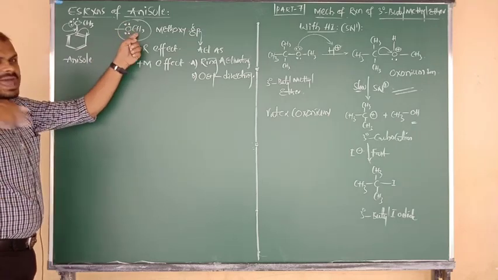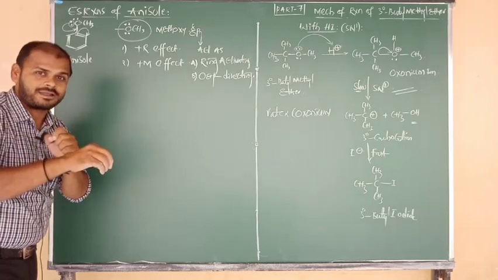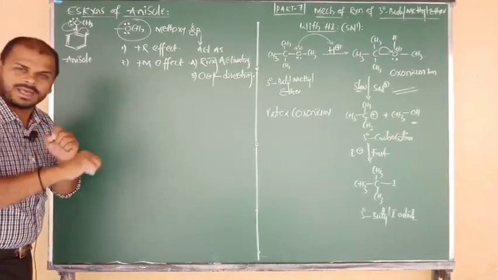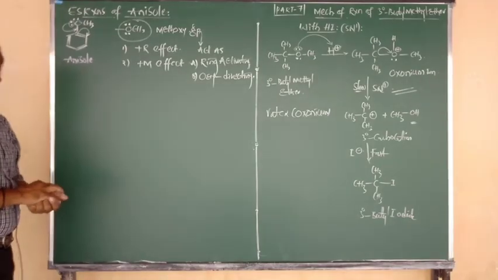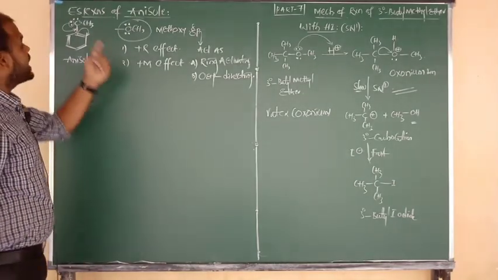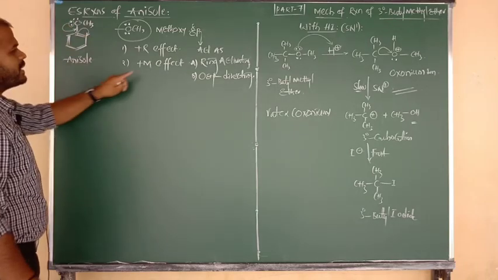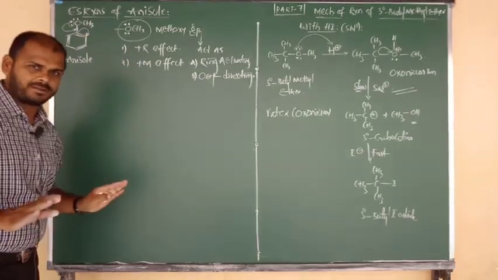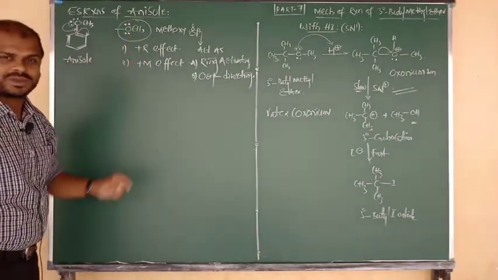So it will give the direction to the incoming electrophile, where the electrophile is going to attack. Once it attacks at the ortho position, and one more time it attacks at the para position. Okay? Yeah, sir. Due to donation of lone pair and conjugation with pi bond, it shows positive mesomeric effect, accepted. But how can you say it is responsible for resonance?